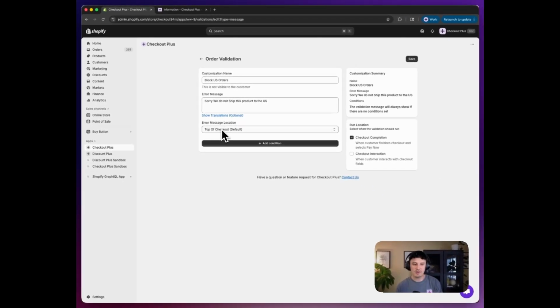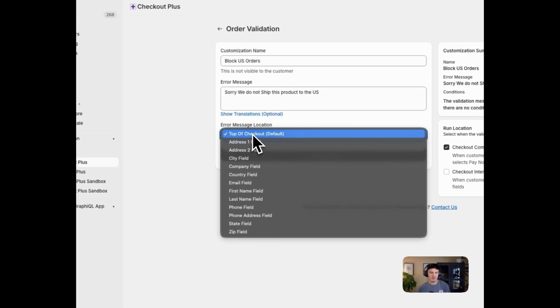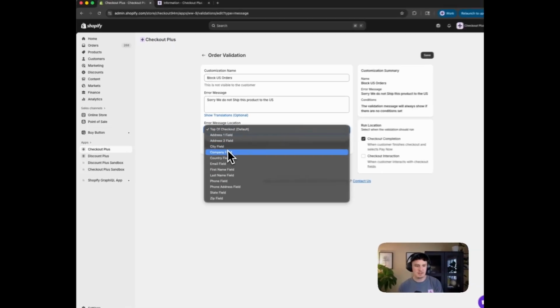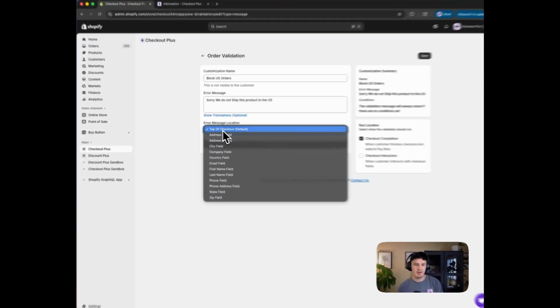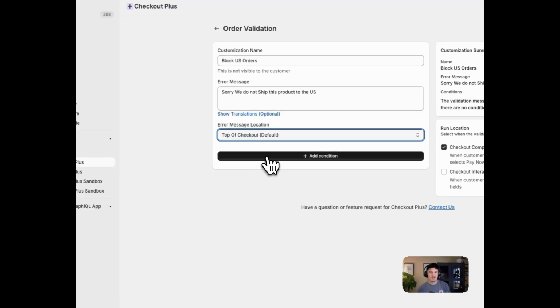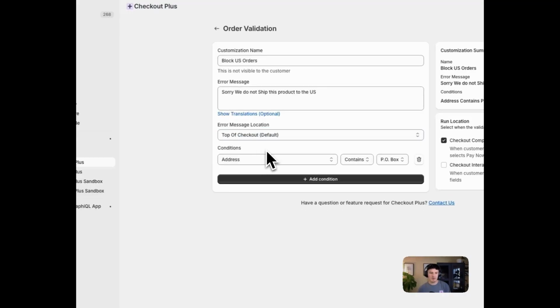This is where you choose what part of the checkout to show that error message on. There are a lot of different areas that you can choose from. I'm going to keep it at the top of the checkout. And then you're going to add the condition. This is the important part of deciding